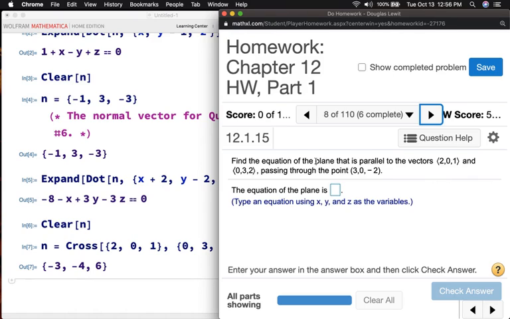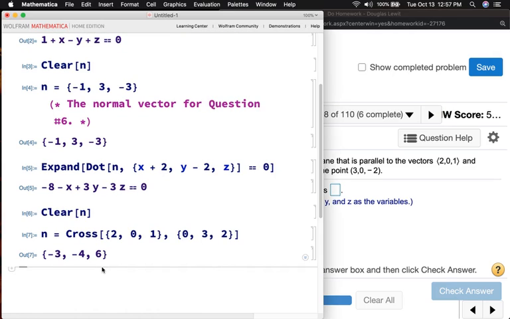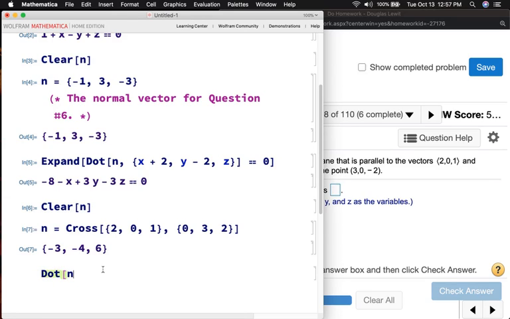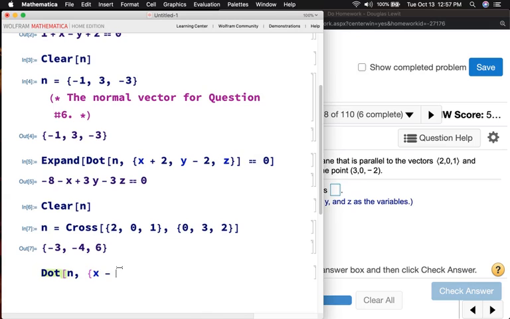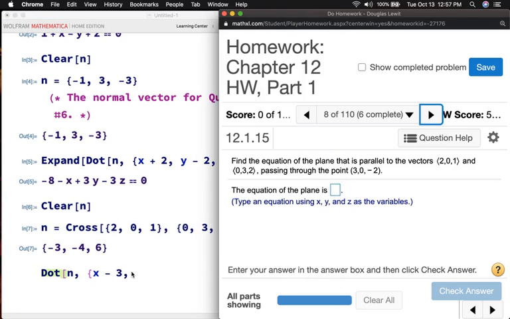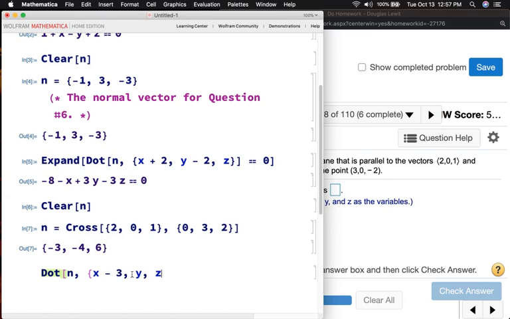I'm looking for a plane that is parallel to these two vectors, which means the normal vector of the plane is going to be orthogonal to these two vectors. And then the dot product of n with x minus 3, y minus 0, and z minus a negative 2, or z plus 2,